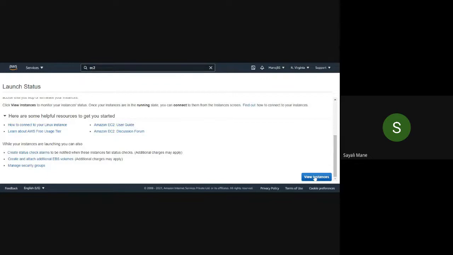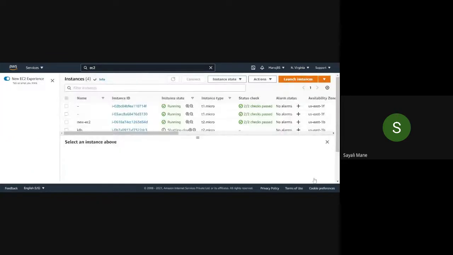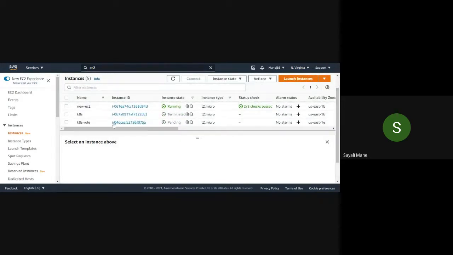And here, if you scroll down on the right hand side, there is a button called view instance. So you can click on it. Then here, KTest role is this one. It's pending. Wait for a few minutes. Then it will show you the instance state as running.